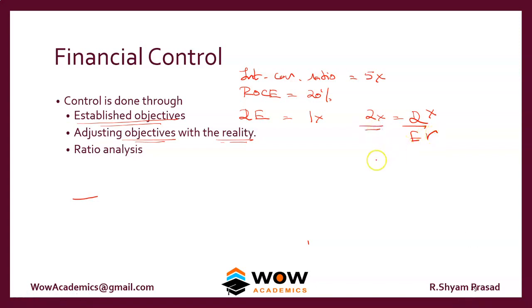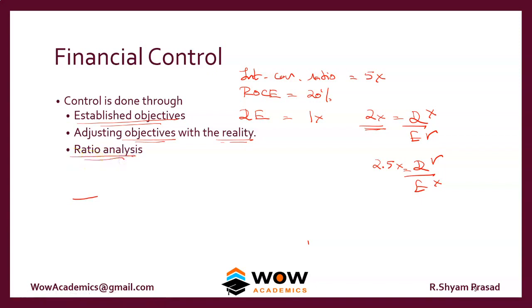Okay, he can't go for equity, then he has to modify it into 2.5x, which is okay. Then he has to go for debt, because equity cannot be raised in a particular year. Just because 2x is there and the company has to fix around 2x, in reality certain factors have changed, like the equity market is not supporting, or investors are not willing to give their money to the company. In those terms, the objectives have to be changed, and control can also be established